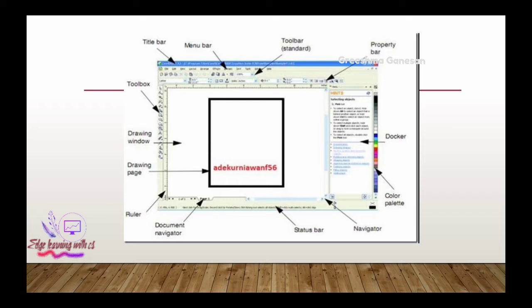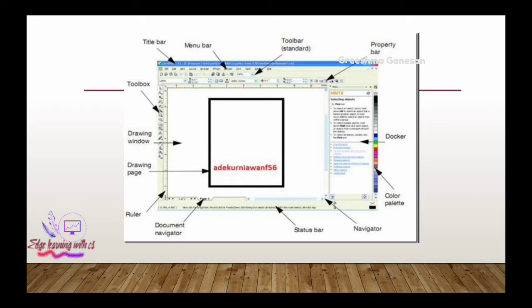Then the standard toolbar. This complete area is known as the toolbar, where you get all the options, all the tools, etc. Then you can see the property bar. It's a particular area where you can set the properties of a particular item.